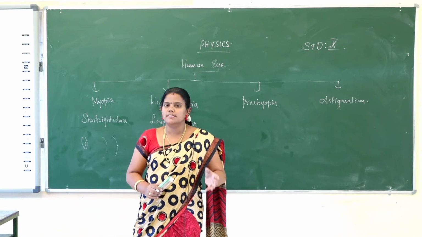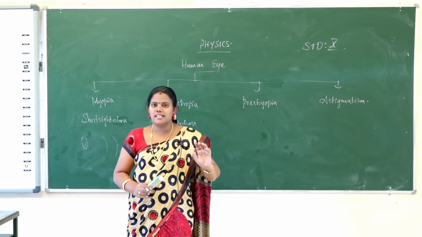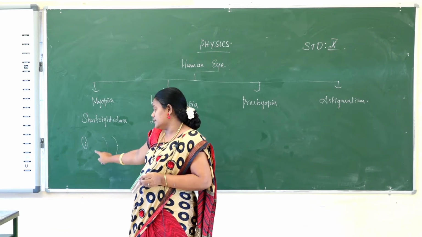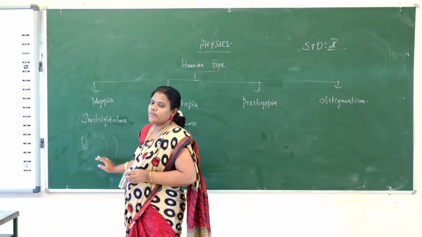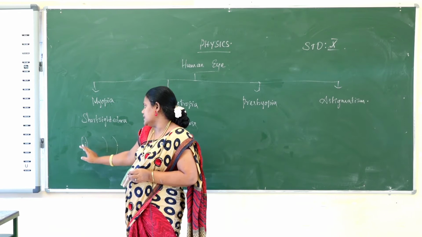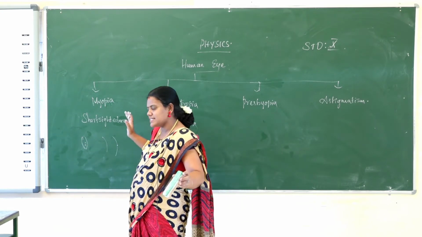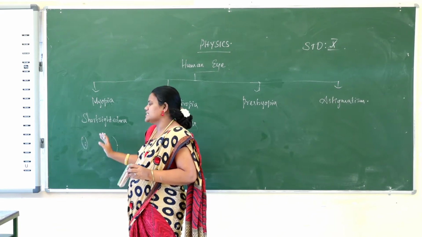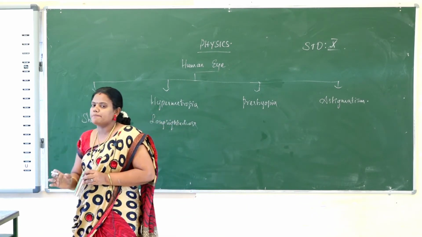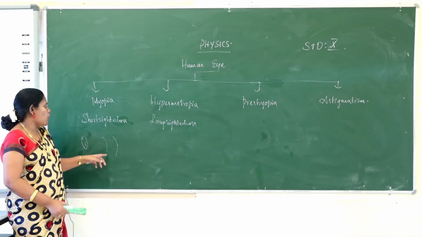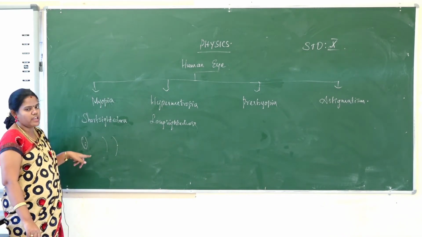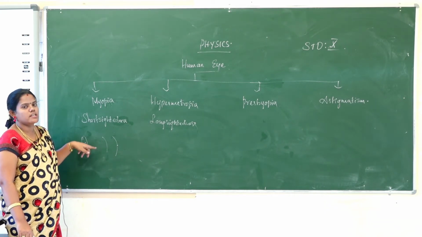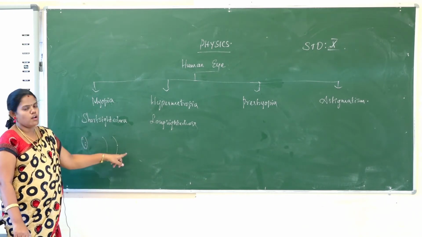So myopia is nothing but short sightedness: one can see nearby objects but cannot see far distance objects. Short sightedness is created by lengthening of the eyeball. Lengthening of the eyeball means the distance between the lens and the principal focus increases, so the image converges at a point in front of the retina. So the image is captured only in front of the retina. You overcome this disease by wearing the concave lens. The concave lens corrects the disease and converges the rays so they fall perfectly on the retina.